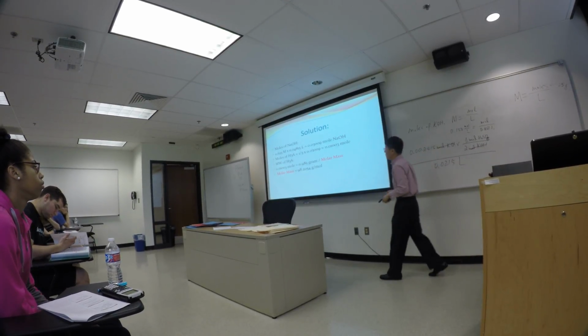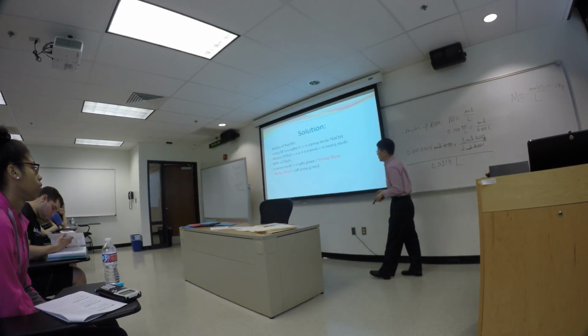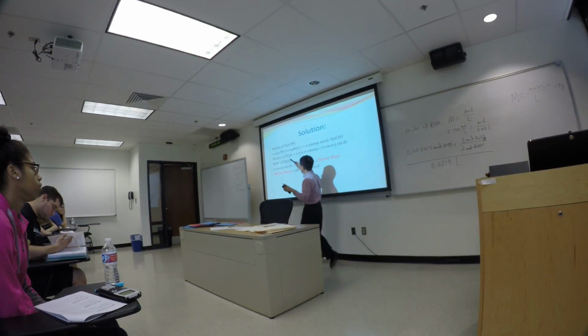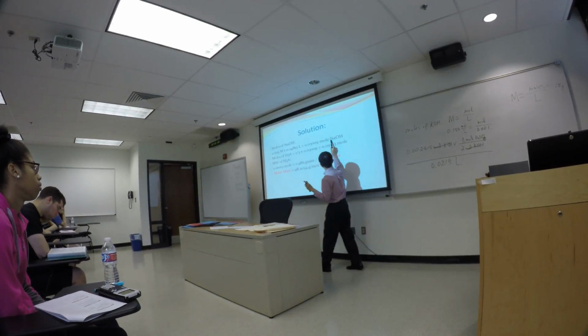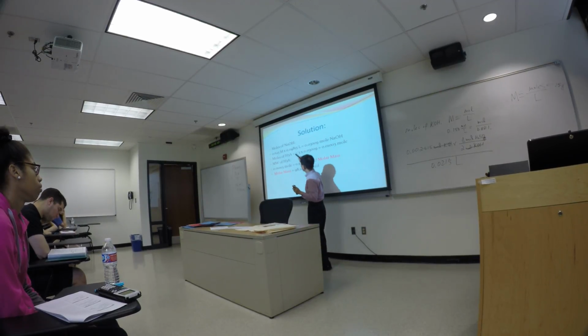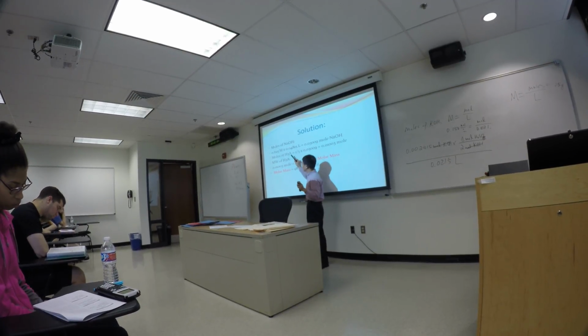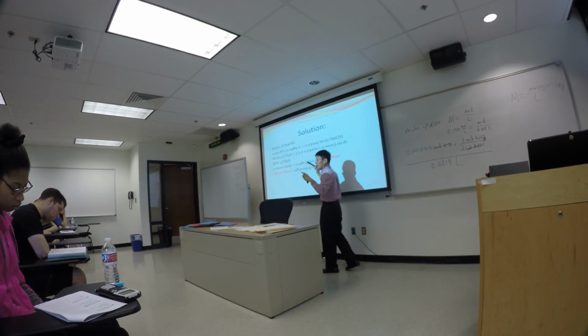Here's the solution, and everything shows up on one slide. You have the molarity of the sodium hydroxide and you have the volume. These two numbers multiplied by one another give you the number of moles of sodium hydroxide. And then the molar ratio between the acid H3A and the sodium hydroxide is 1 to 3. Each mole of base requires